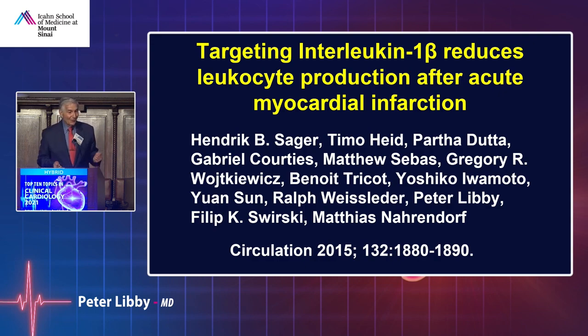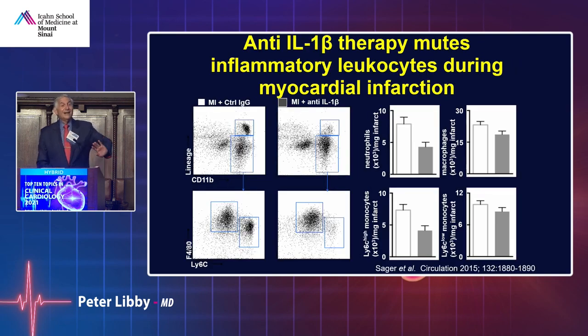And I got together with Phil and Matthias and a brilliant postdoc, Hendrik Sager, and we actually targeted interleukin-1 beta with an antibody in mice with coronary ligation. Now, I ignored the cloud on the left there. That's cell sorting, and Philip Swirski is a maestro of cell sorting. But just look at the graphs there, which give you the bottom line of the cell sorting experiment, is that after infarct, if you give an anti-inflammatory antibody that blocks this endogenous pyrogen, IL-1 beta, you decrease neutrophils, macrophages,